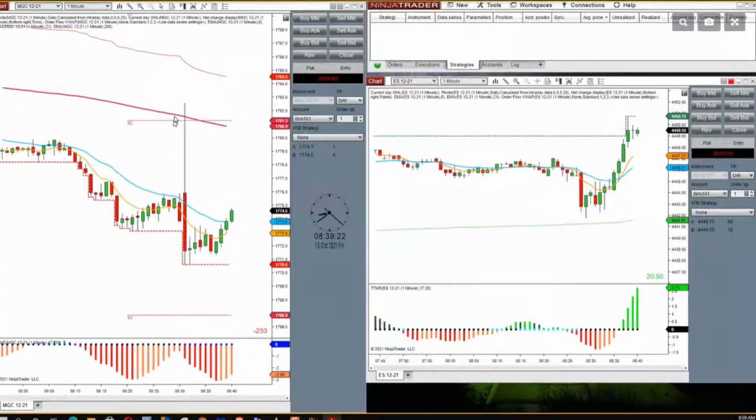But see, that's an abnormal move in a low liquidity instrument. The MGC is micro gold, but it's not a true micro. Please understand, it's not a true micro, okay? When I say it's not a true micro, it never caught on. It was introduced years ago. It's not like the new micros. It's not like MNQ, MCL, MES, MYM. It's not like the new micros. It's an old micro and they're trying to put new clothes on it.